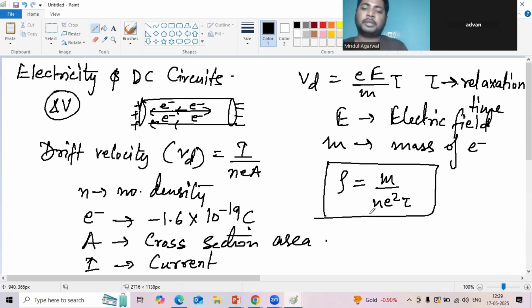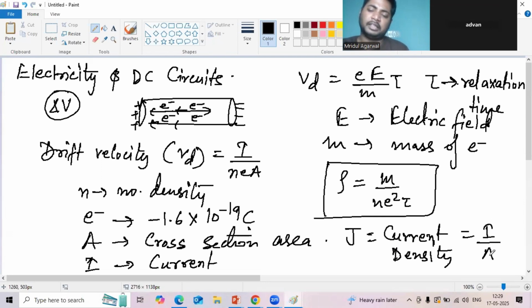M is the mass of the particle, n is the density, e is the electronic charge, and tau is the relaxation time. One more thing is there, that is known as current density, J. So current density is given by